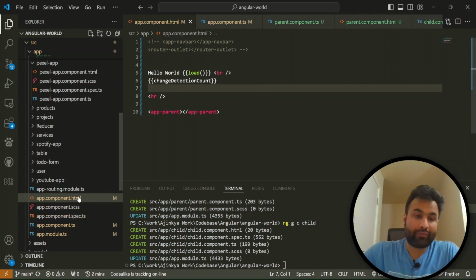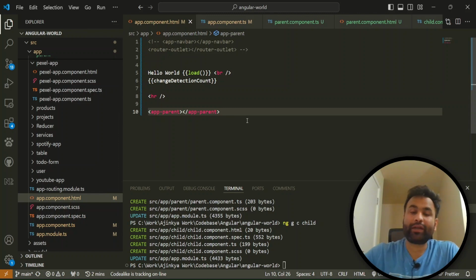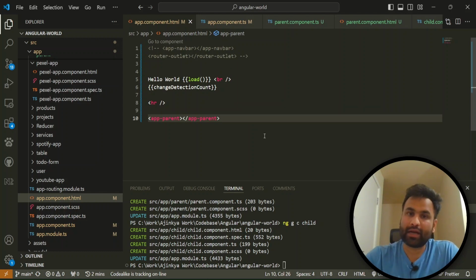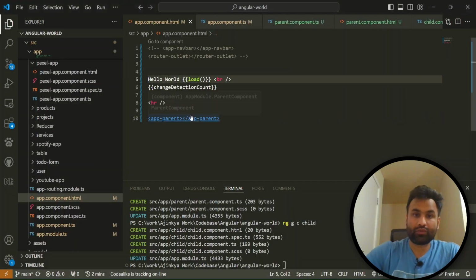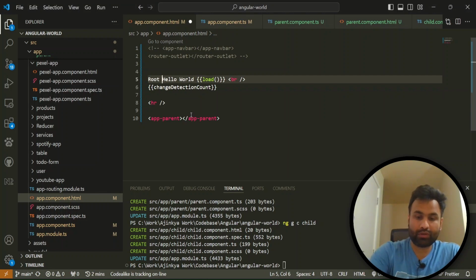in Angular we do not have any such function which determines how many times a component is loaded. In case of React we have useEffect, and in that we can identify how many times a particular mode is loaded, but in Angular we have to rely on this. So it is not a good practice to call this function, but now finally we are able to see that this is my root component, which is hello world. So I'll just name it as root component